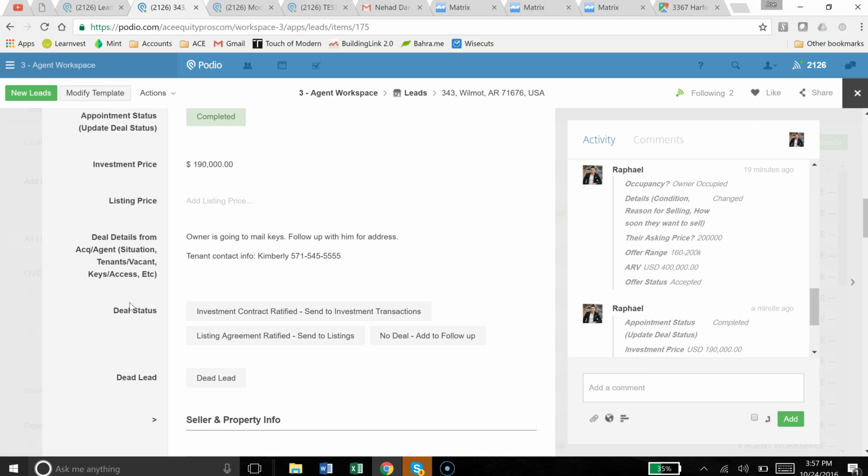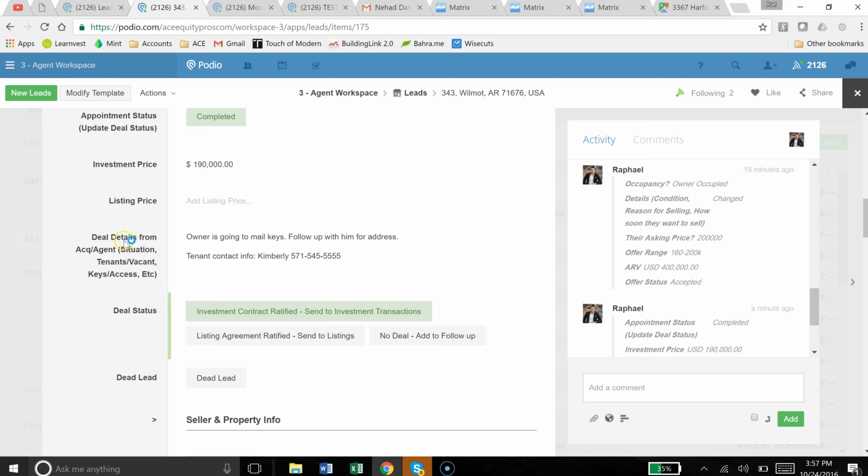Perfect. Typically we just let the homeowner know that we're going to have a few contractors come out, take a look at the property, and get a few quotes here and there. And that keeps the continuity. Exactly. And then you put that information here, you put the deal price there, and then you click this button,